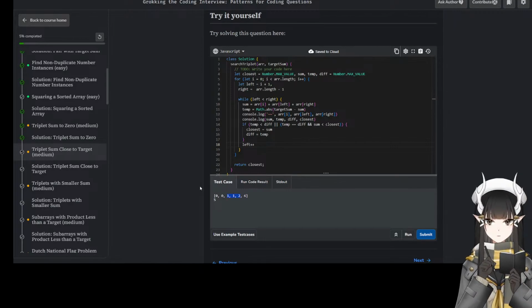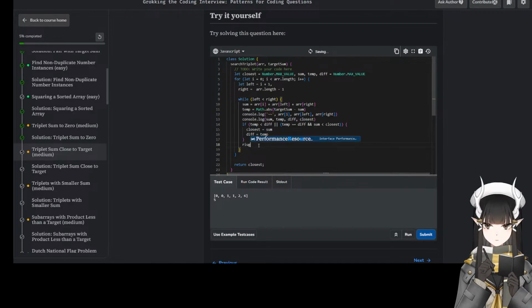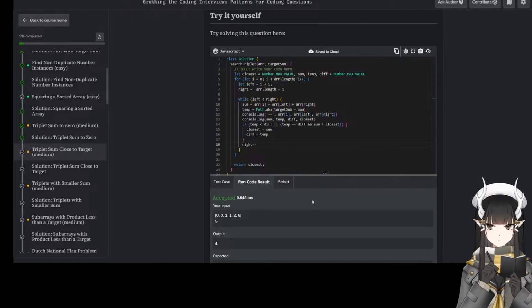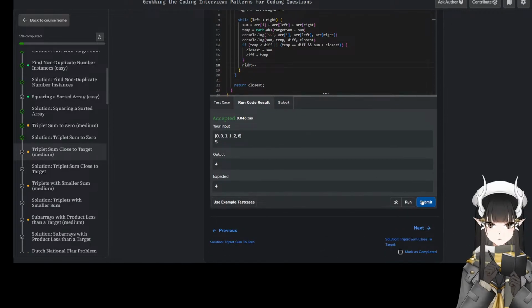How do I not miss the middle one? What if I do right minus minus? Accept it? Oh no, now it's correct. Submit. And now it's wrong.